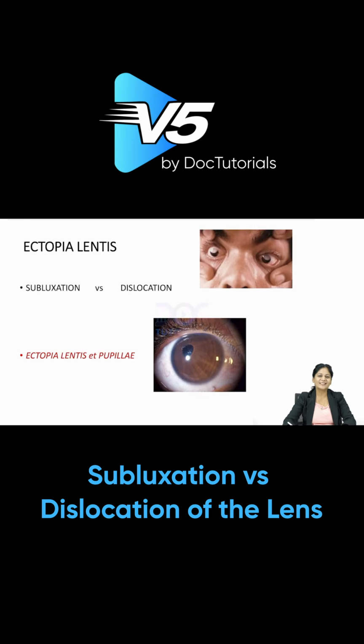Next for us is a very important condition in ophthalmology and in lens. We'll be talking about ectopia lentis. So, friends, what do you mean by the term ectopia? We have discussed earlier also ectopic, somewhere else, not in the normal place. Lentis means lens. So, this is the condition where I can say the lens is displaced simply. Can I say there is a displacement of lens?